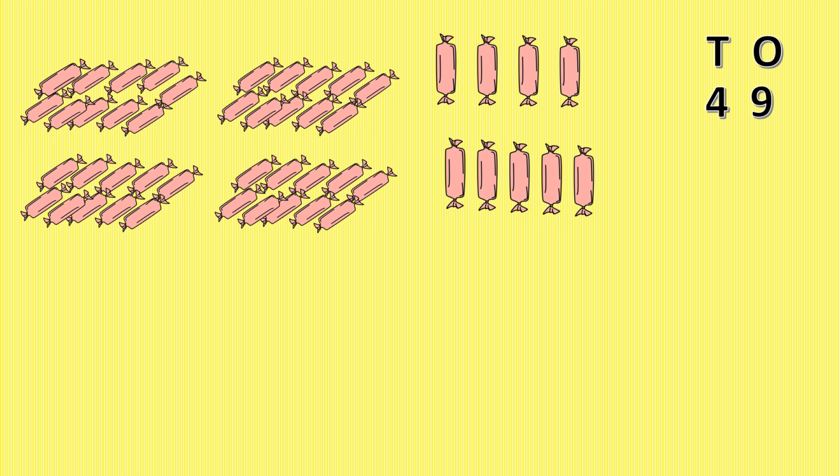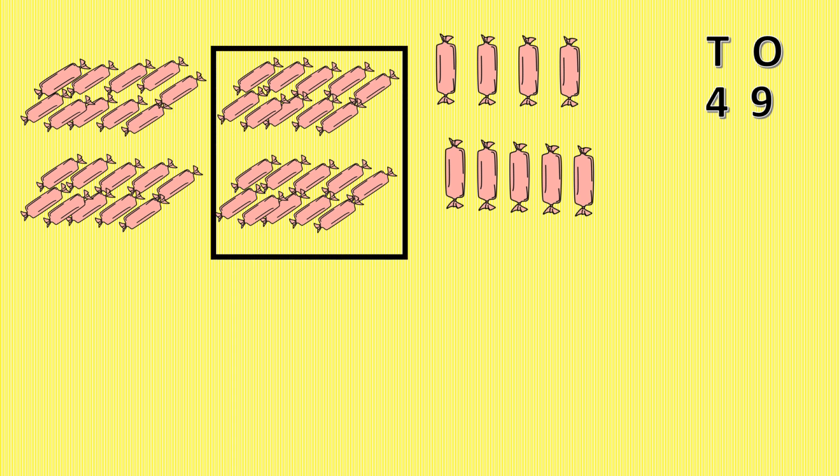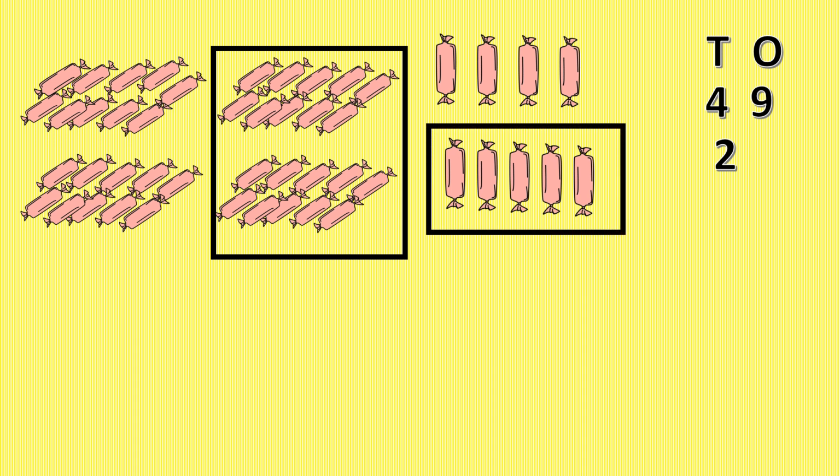Now since this is subtraction, we need to take away or remove some chocolates. So let us do this by drawing a box. Here you can see there is a box and inside the box there are 2 tens of chocolates. So 1 ten, 2 tens means 20. So 2 tens I have removed, I have to take away. So below the tens place I will be writing 2. So below 4 I will write 2. Now let us see how many ones. Here you can see I have drawn a box and inside the box there are 1, 2, 3, 4, 5 single chocolates. So below the ones place we can write 5.